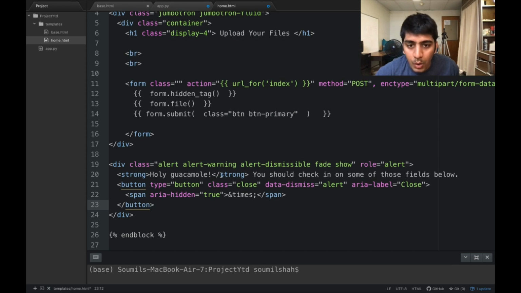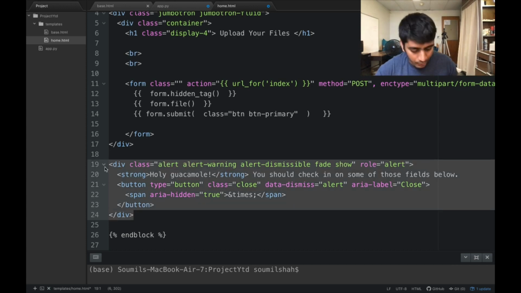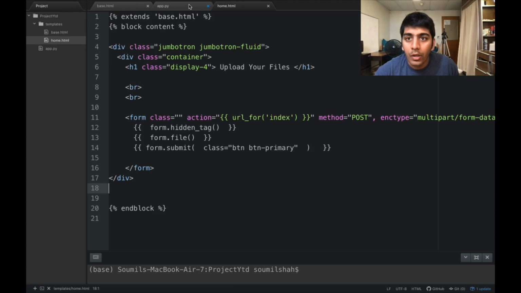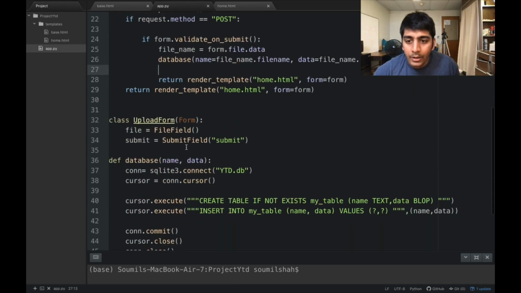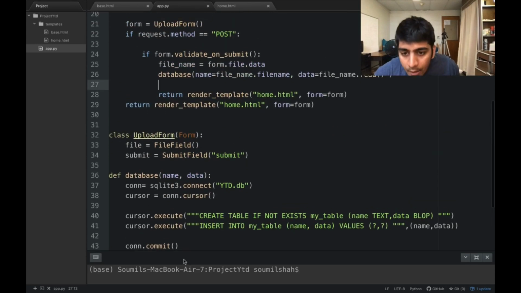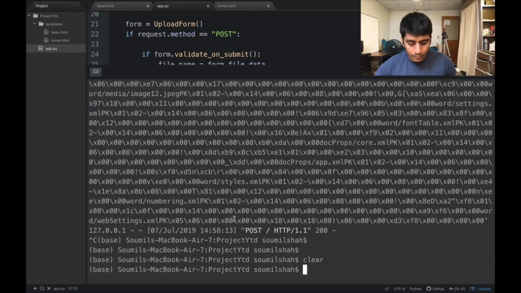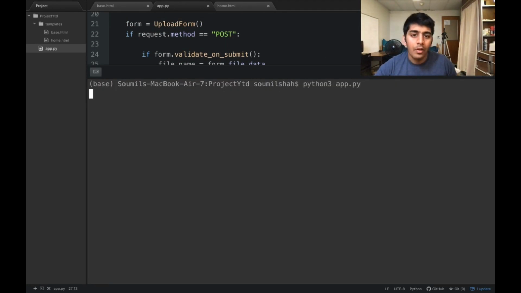I don't know. Yeah, that's fine. We can do that later on. Let's run it and see if that works first of all. That's more important. Alright, so that's pretty much the code, and let's run the code. So clear, run the Flask app,